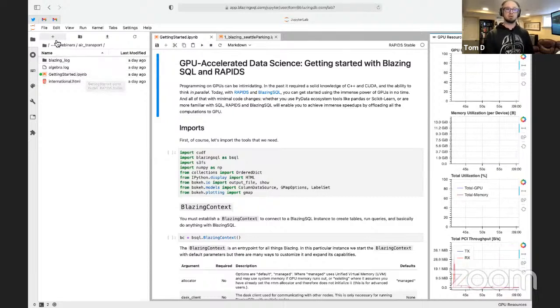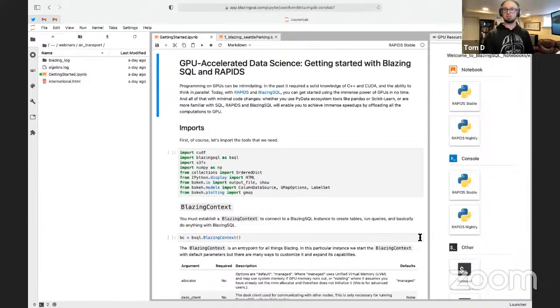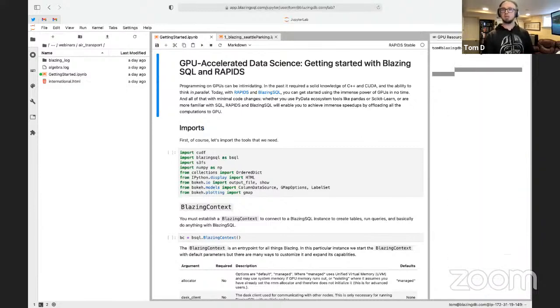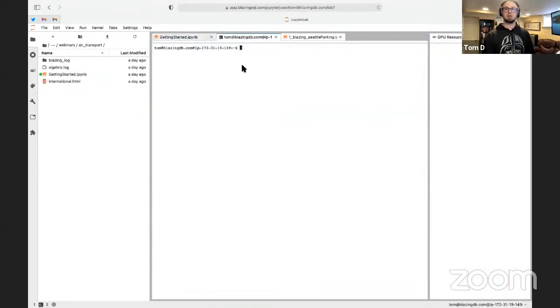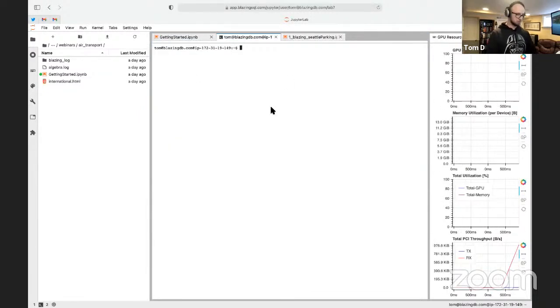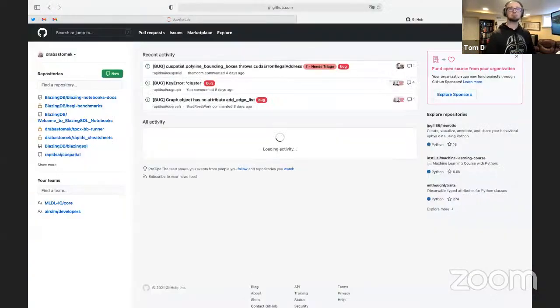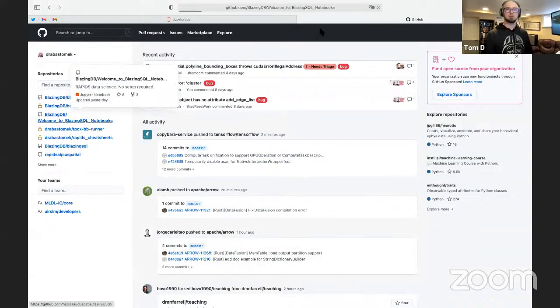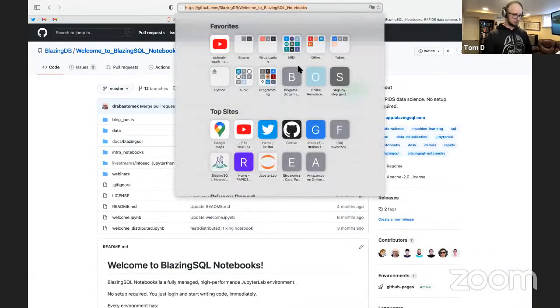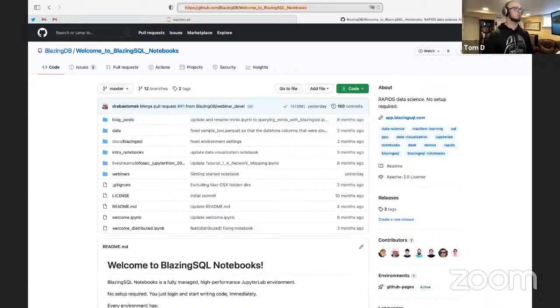If you do not have that folder, we are going to actually do that right now and clone it. So first of all, if you go to github.com and go to, I'm going to paste that in the chat window here. If you navigate to that